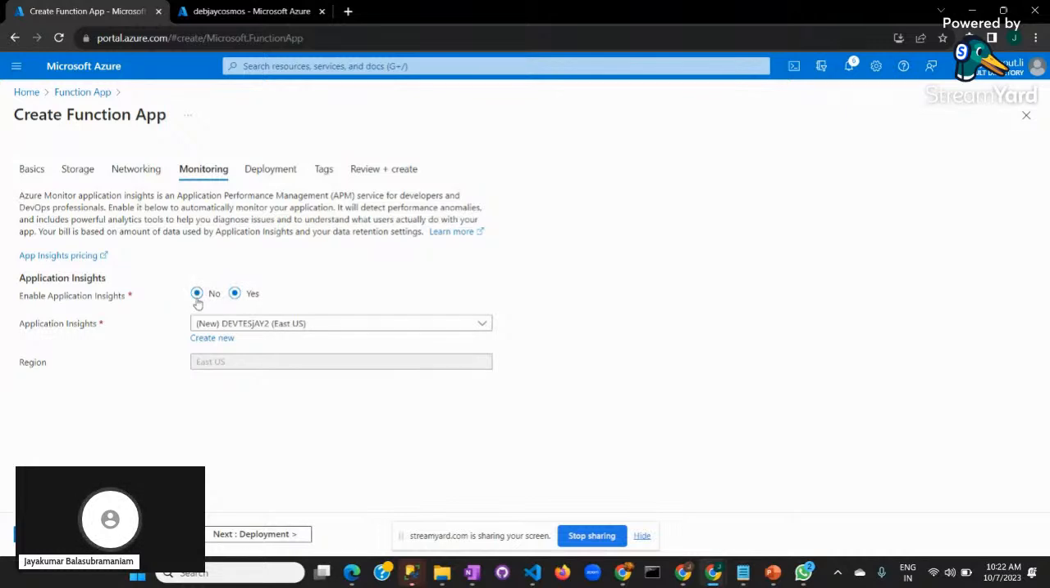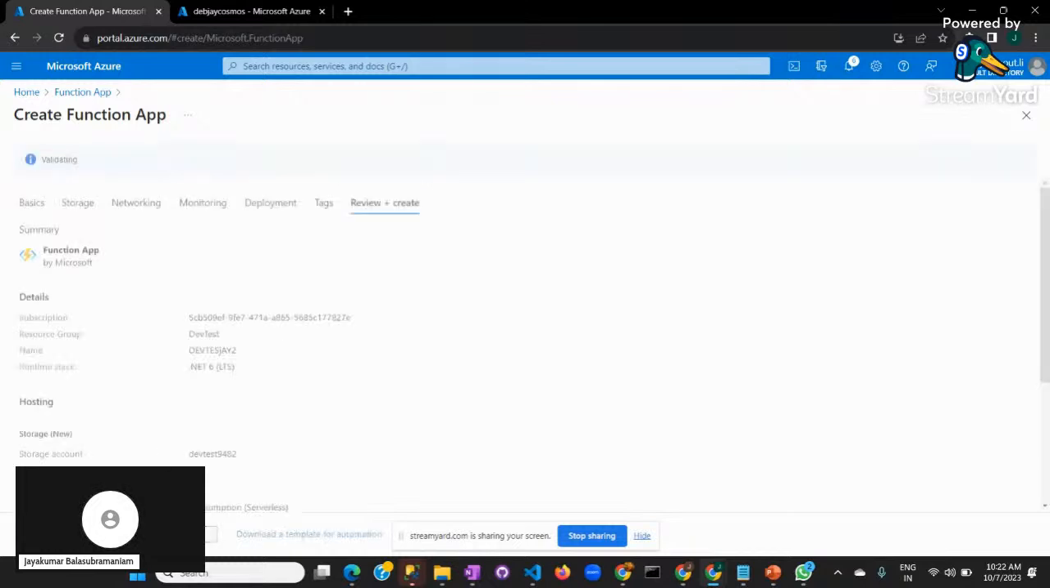If you want, you can use it. Application Insights is really helpful when you want to monitor some of the logs, how your Azure function is behaving, and what the throughput and the success rate are. Everything you can monitor. If you don't want it, you can just skip it, then review and create. So once you create,